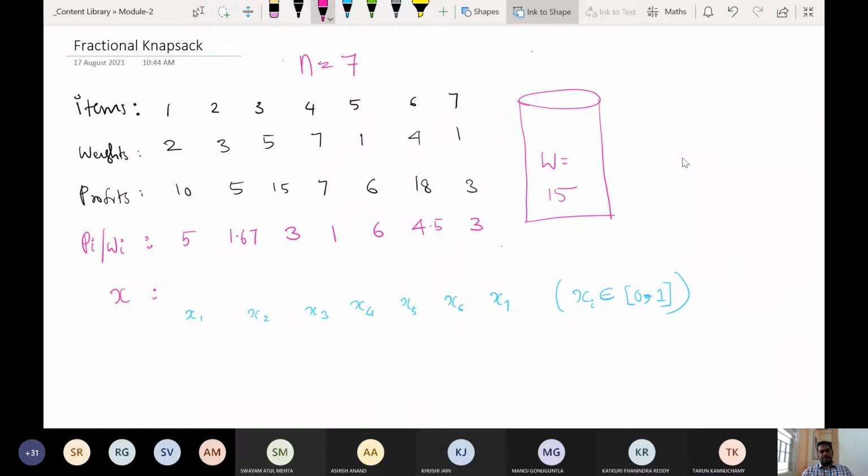This is the first problem, and this is a very, very simple problem. We will follow the greedy method here. I'll just introduce the problem. Anyone knows what is the knapsack problem? Forget fractional and all. What is the knapsack problem? Can someone tell me? If you know already, many might have learned this last semester itself.